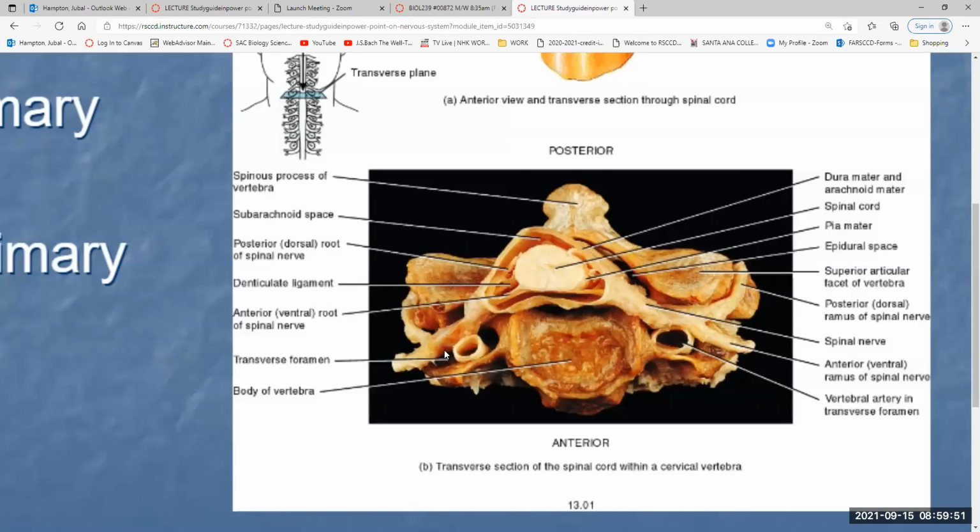Within the transverse foramen of the transverse process in the cervical vertebra is a vertebral artery, and it runs through the transverse foramina of the cervical vertebra. And so it helps be organized by it so that it doesn't develop any kinks, because this vertebral artery is what is supplying blood to your brain directly from the carotids